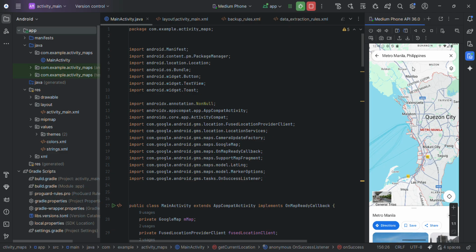Hi everyone, I'm Angel John Terek, and today I'll be presenting my Android application, a Google Maps integration app that displays the user's current location using GPS. This app uses the Google Maps API to show a live interactive map, and it can access the device's current coordinates, the latitude and longitude, using the Fused Location Provider Client. So let's start with the layout file, activity_main.xml.